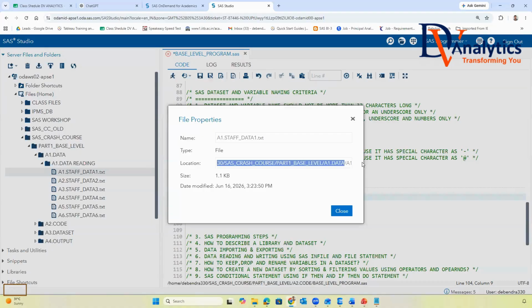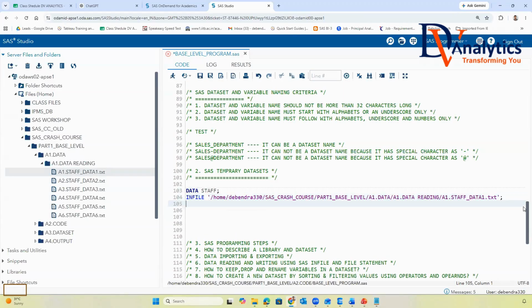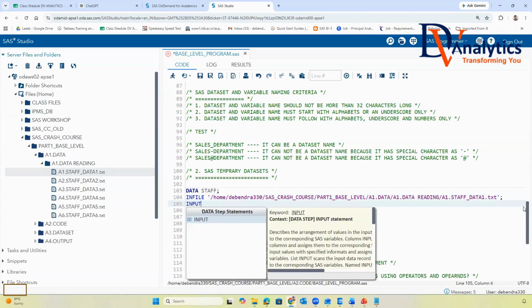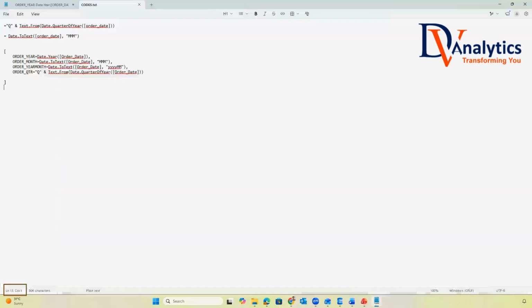I can copy this file path here. This is the infile file path. Then I will give an input statement to define my column input. What is the column input? I know the first one is employee's last name, which is a character field. So $1 to 20 character, I will put it like this. Then it has first underscore name, that is also character. It is going to be 21 to 30 characters long. Then I go here just to show you the data file one more time.